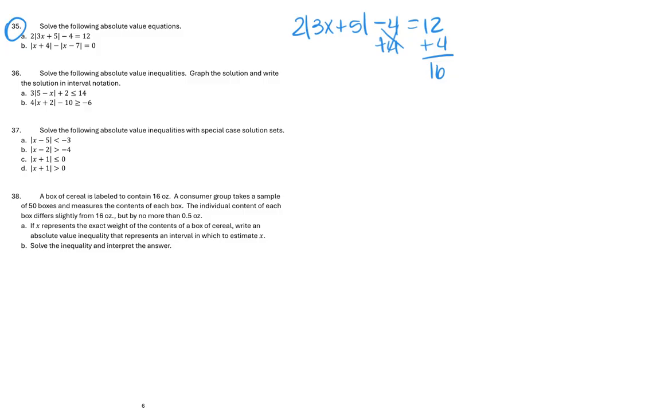We have 16, and we have the 2 of the 3x plus 5. Is that equal? We're going to divide by the 2. So now we're here with this absolute value, and we have 8. So what we want to do in this case, in order to get rid of the absolute value, is